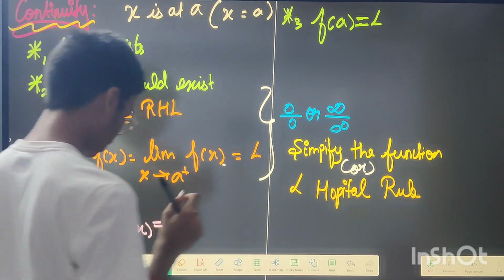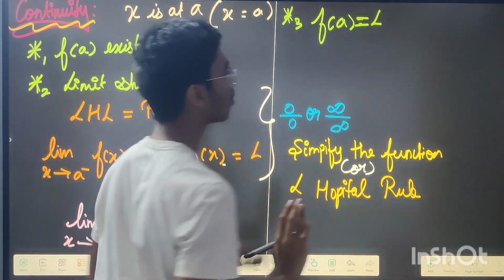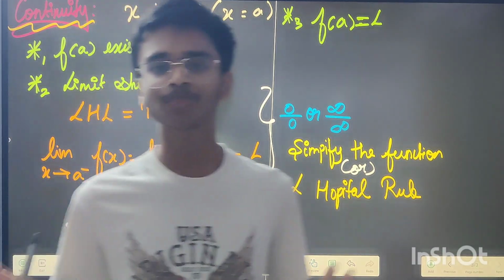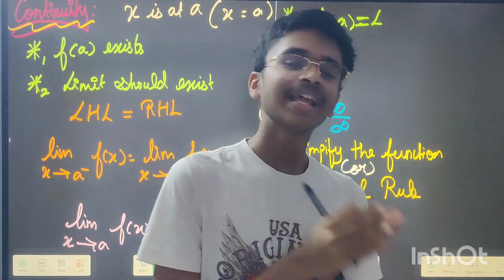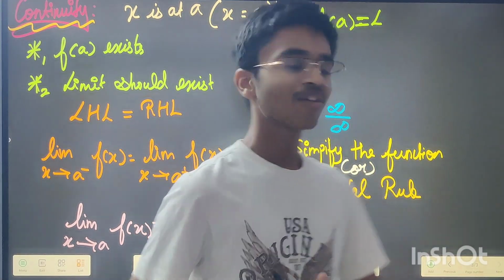After that, the thing which I'm going to say is very important. That is, you have to separate LHL and RHL. For an example,